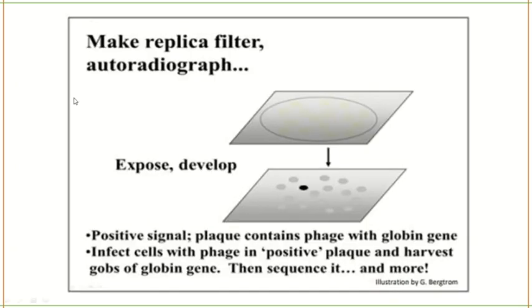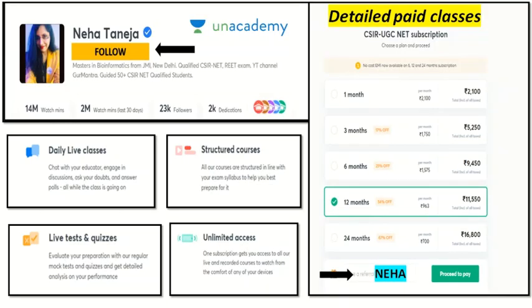You can do the replica plating method. About this we have already studied in the previous class. Then you can do hybridization using a probe and autoradiography to find which particular clone is of your interest, pick up the clone and grow it. That is all about the genomic DNA library, guys. Very simple concept, not much to learn by heart. Very easy to understand also.